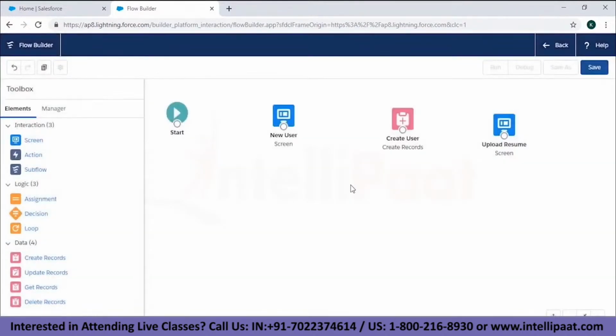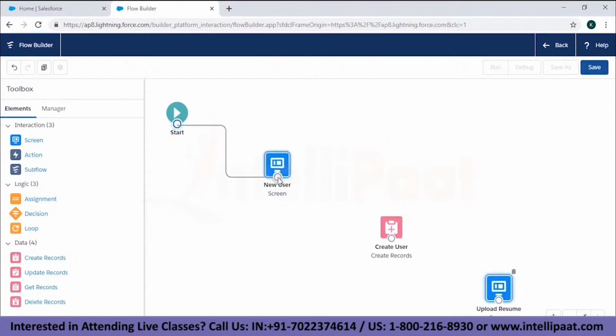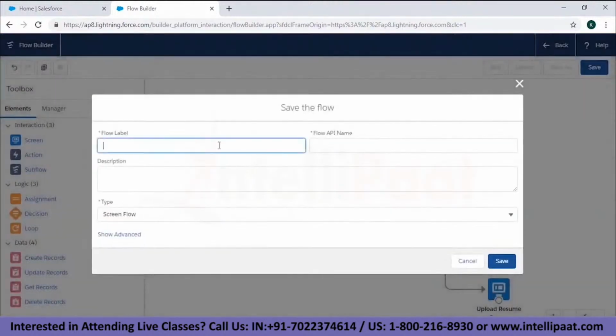Okay, so the file component will let the user upload more than one file at a time to the created account. Okay, so now we'll connect these components like this. We're gonna connect start with new user with create user with upload resume, and we're gonna save this as username, and the flow API comes up on its own,